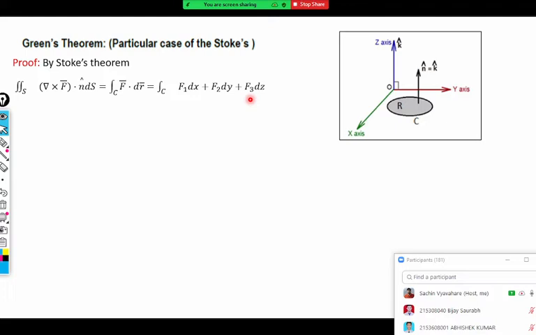And now we have to compute this del cross f bar. Let me calculate del cross f bar so that we can take a dot product of del cross f bar with n cap there. So by definition of curl f bar, here a few things are written. For a region in the xy plane, z should be 0. So as it is a region in the xy plane, z is 0, dz is 0. So as dz is 0, this third term,